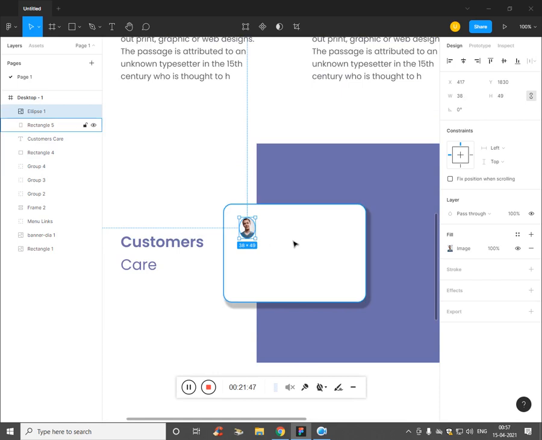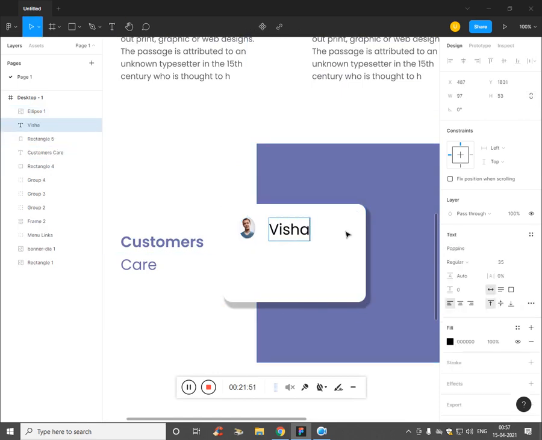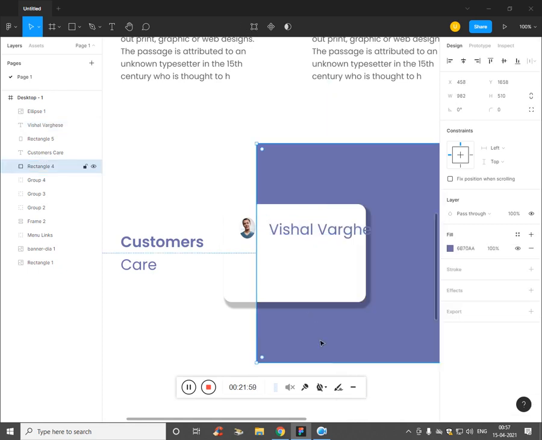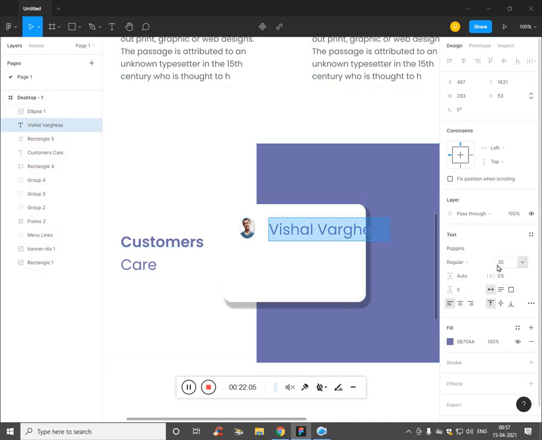Now for the text, press T and type your name, and make the color purple. Now make the size smaller: click the text and decrease the size.